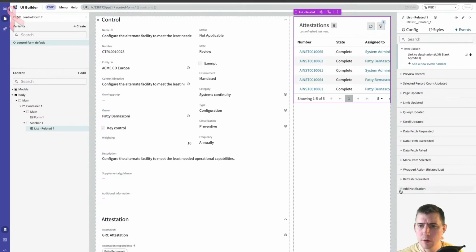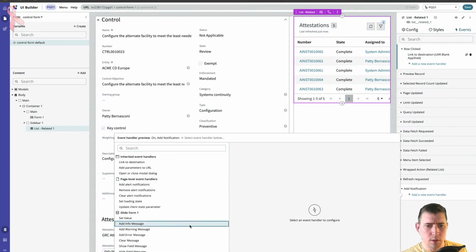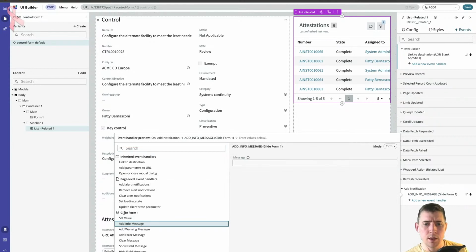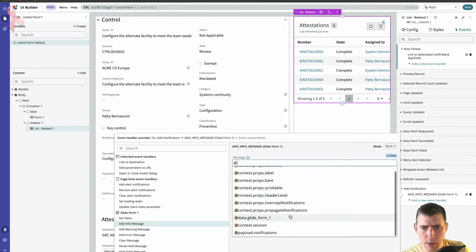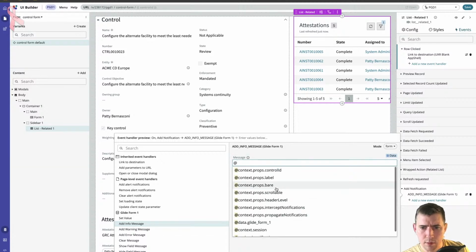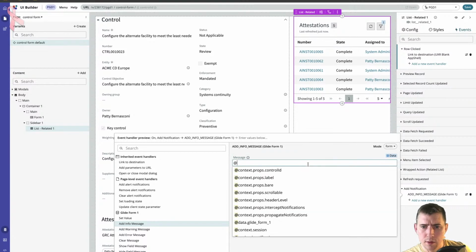Can we do add notification? Add info message. Okay, now I've seen this, I feel like I've got a little bit more tools in my belt because I can handle some of the things that might be otherwise I'm a little bit blind. So control ID. Okay, so that doesn't have access. It's got access to context props, context session, payload notifications. Why has that not got access to